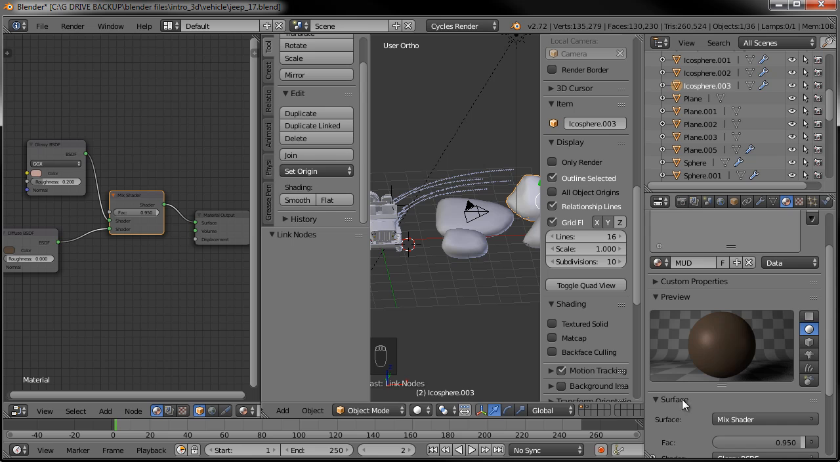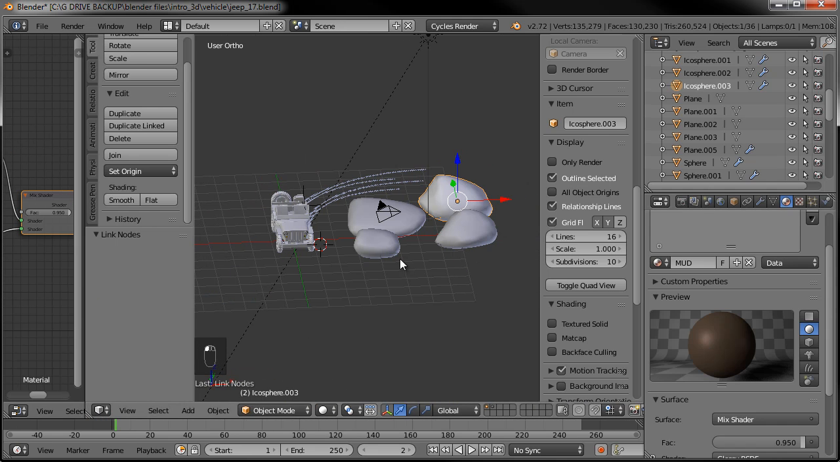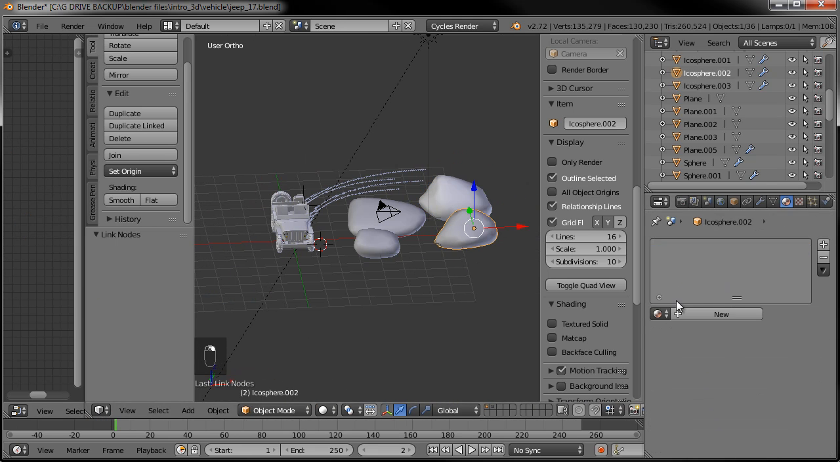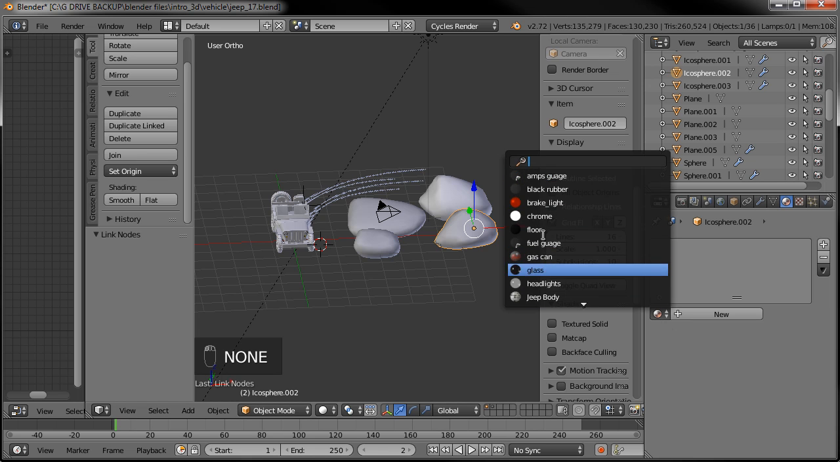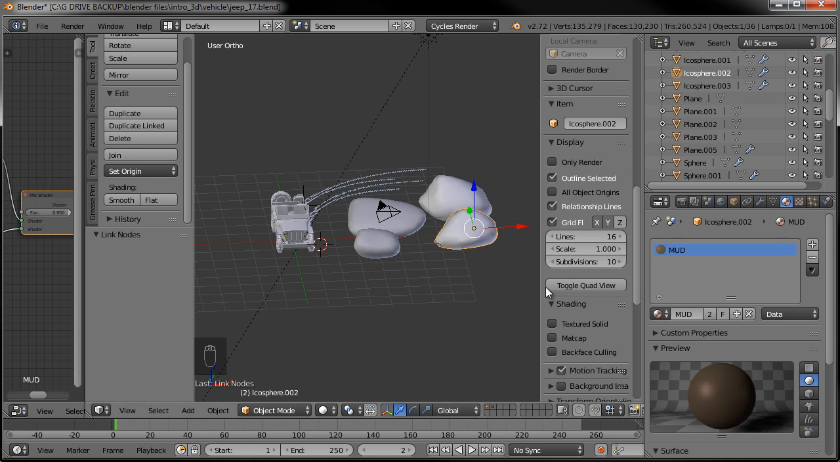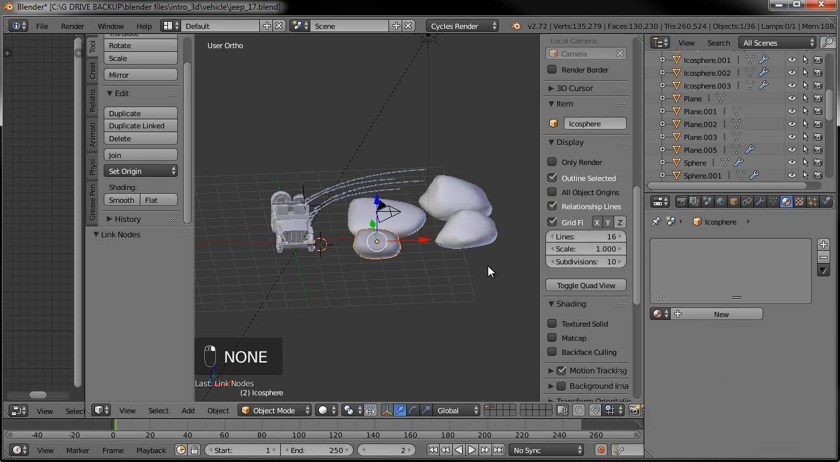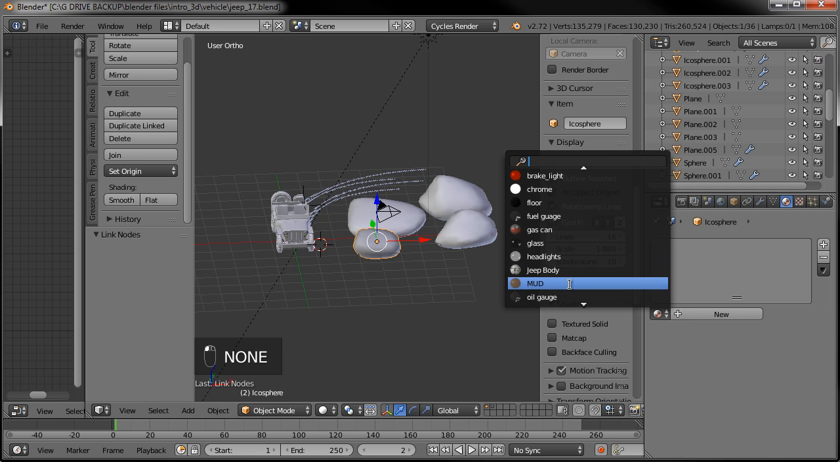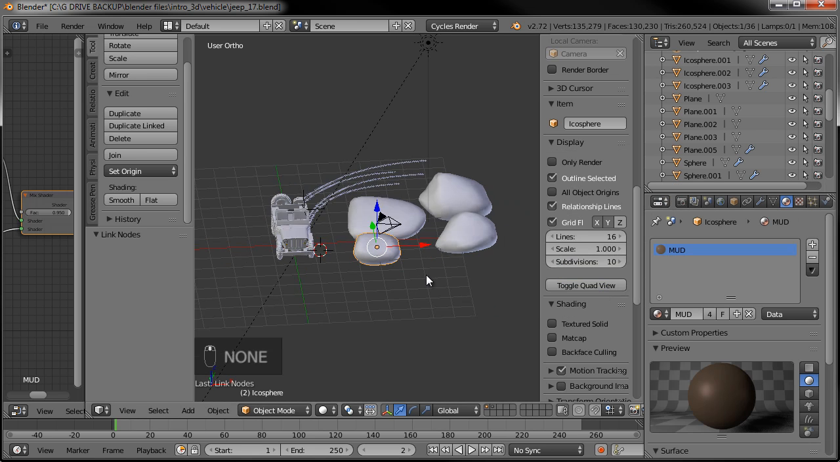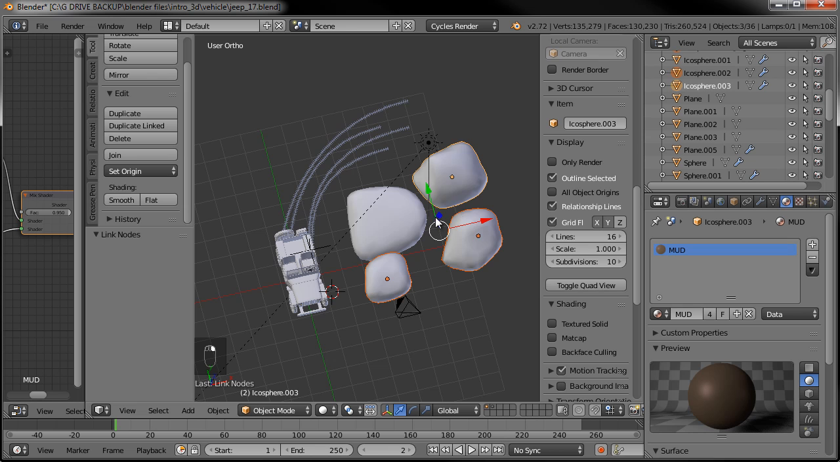And there we go. That'll work. Okay, so now just got to apply this material to all the rest of those guys. And scroll down here, mud, good. And then mud and mud. Okay, so now what I want to do is select all of these mud clumps, and I'm going to